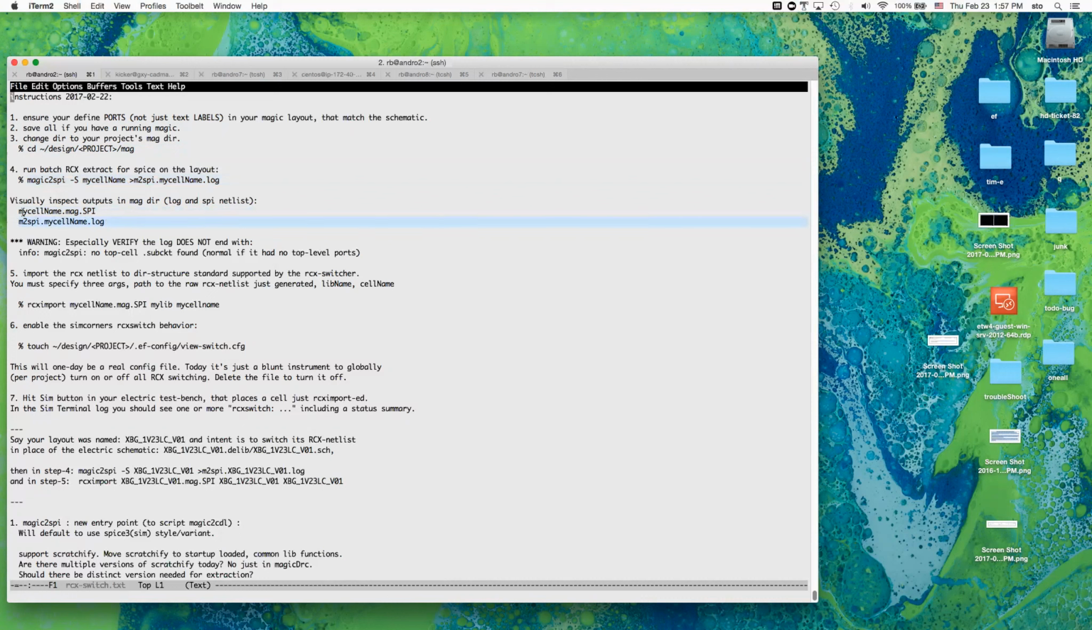And technically, you can name these anything you want on the command line, but your Magic to SPI is the basic batch extract command. Give it the name of your cell and store the log somewhere, and then examine those for any unusual errors. There's a lot of stuff in the log that's going to be irrelevant, but especially in the SPI,